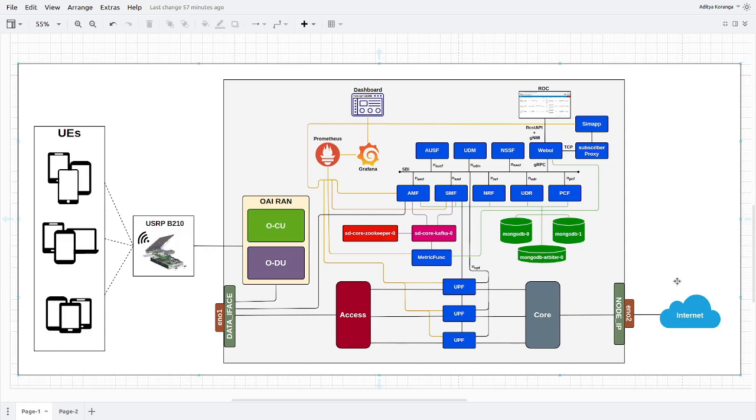Hey everyone, so today in this video we'll see how network slicing is done with a real UE and a real gNodeB. The gNodeB used in this case is the USRP B210, which is a software defined radio. For the UE we are using a Nothing Phone. So we'll look at how this gNodeB and UE are tested with network slices, and